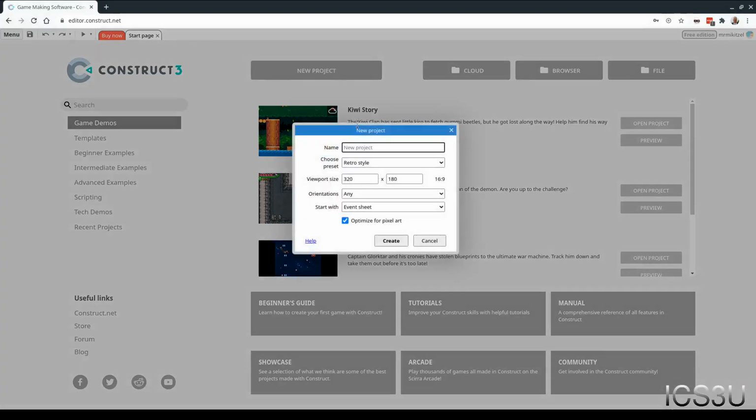I'm going to create a new project, and I'm going to call it Intro. And the preset, you can select any preset you want. It's going to change the size of your viewport, and the viewport is what the person playing your game sees. Retro style is the least resolution, which is fine for a lot of things. Resolution means the number of pixels,